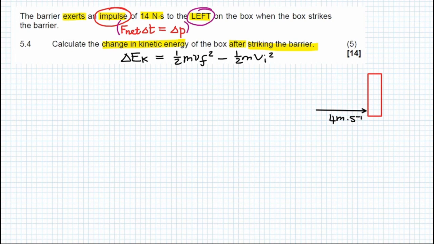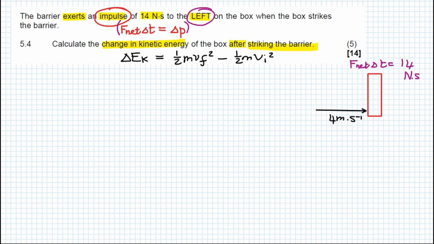There is a collision that takes place. The impulse over here, we know, is going to be equal to 14 Newton seconds, and we have not yet decided on a direction, so I'm going to leave it as its magnitude of 14. After this collision takes place, we need to know in which direction the object is going to move, or will it move at all? Because if we look at the formula for calculating the change in kinetic energy, then we